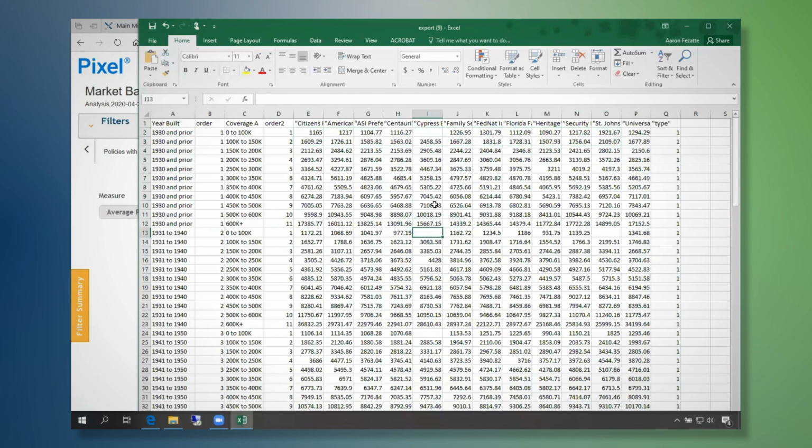You'll notice that this one is blank for Cypress in each row of 0 to 100K. This is likely because they have some sort of setup in their rating plan where they don't provide any premium amount to risks below $100,000.